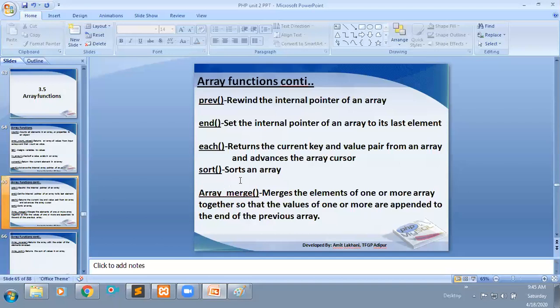The same way, the array_merge function: for example, you have two arrays, one having some elements and the second having some elements. If you want to combine those two arrays, go for the array_merge function. It will combine the two arrays into a single array.